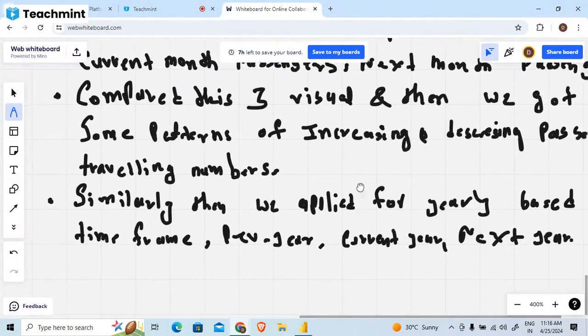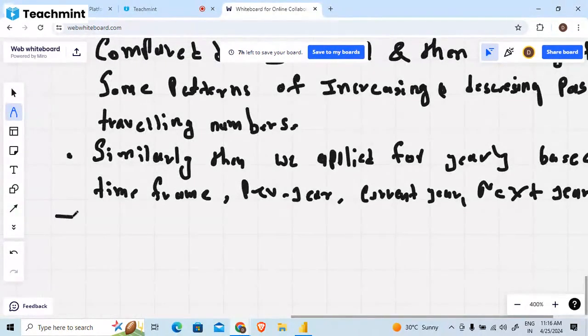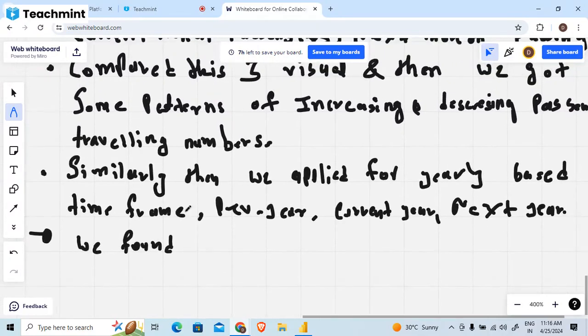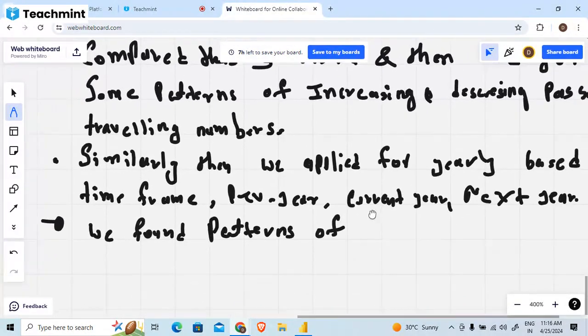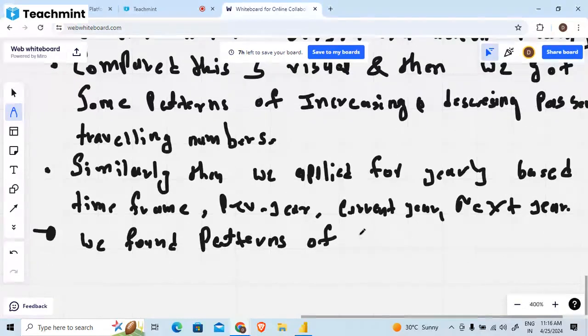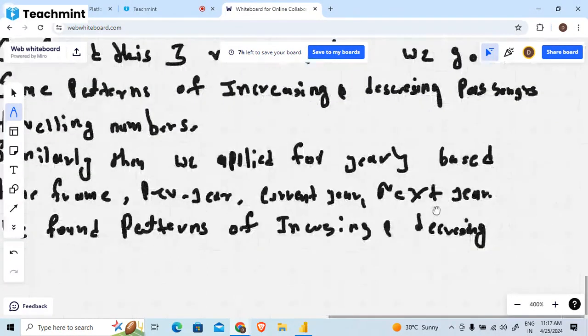Now here also we found patterns of increasing and decreasing of passengers,